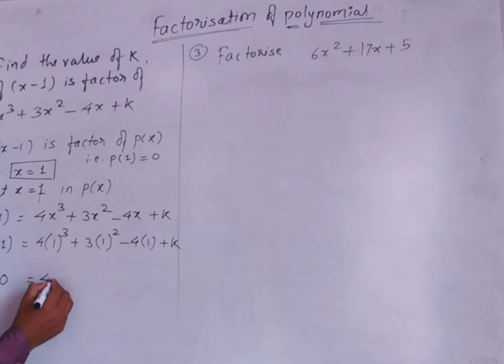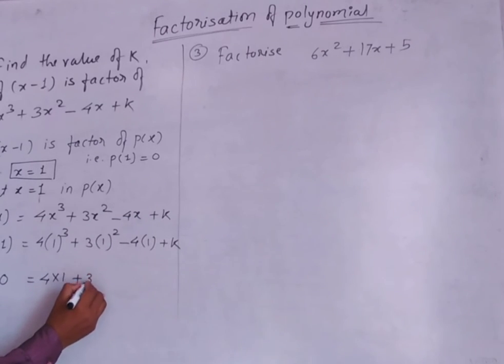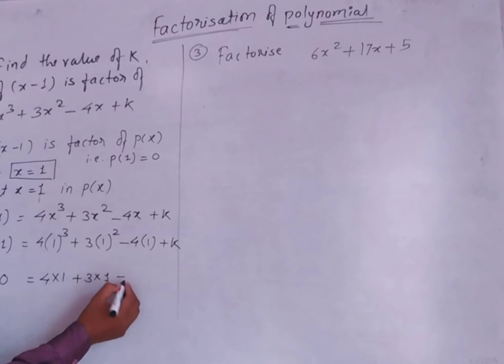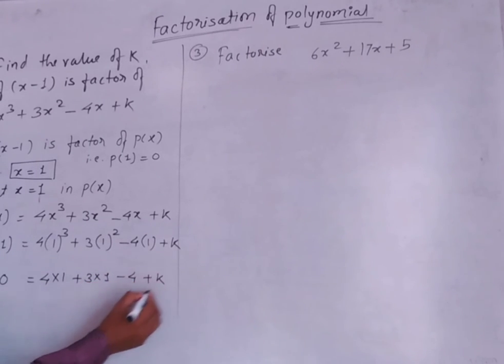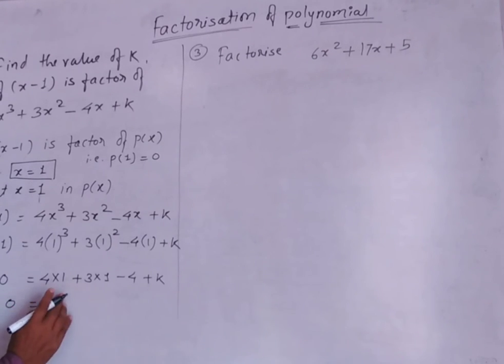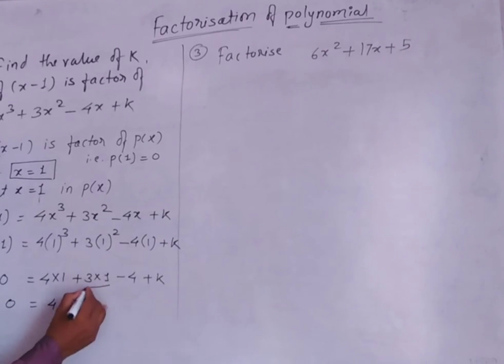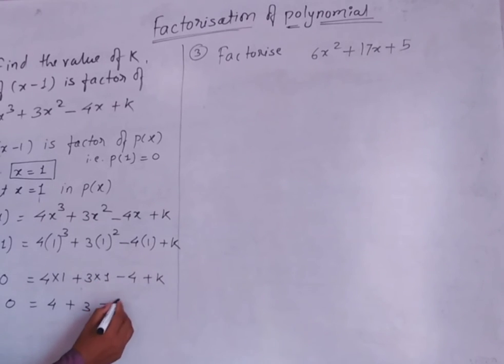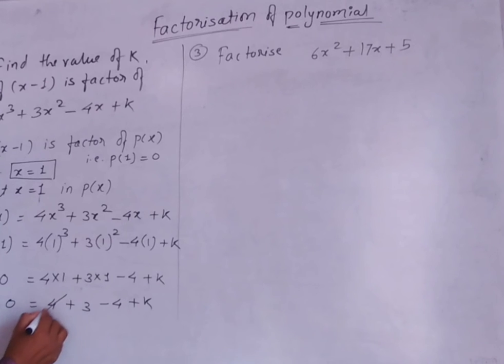So P of 1 equals 0. Then 4 into 1 cube is 4, 3 into 1 square is 3, minus 4 plus k. So 4 plus 3 minus 4 plus k. The 4 and minus 4 get cancelled. So what remains? 3 plus k equals 0. So 3 will shift here, so the answer will be minus 3 equals k. Therefore k equals minus 3. So the value of k is minus 3. Understood? Then,